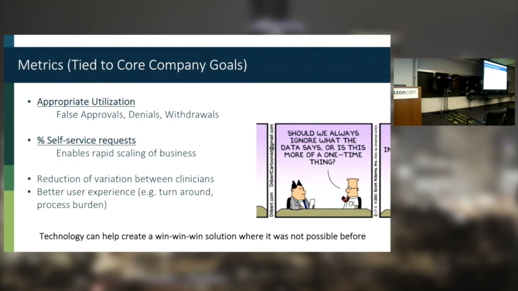And they are, by the way, very much tied to the bottom line of the company, the bottom line of the value proposition. The metrics, first, appropriate utilization. How many of the requests that get to us are appropriately approved, or those that should not be approved get to a physician review, and then the physician reaches out to your physician and they discuss what the right next steps are. There are some sub-metrics below that, but that's the utilization.